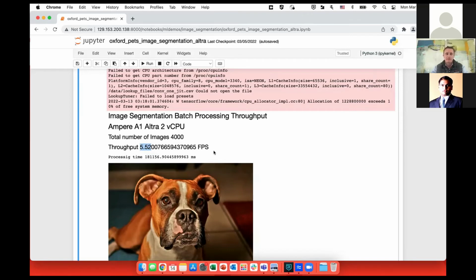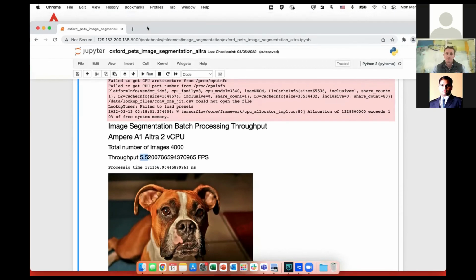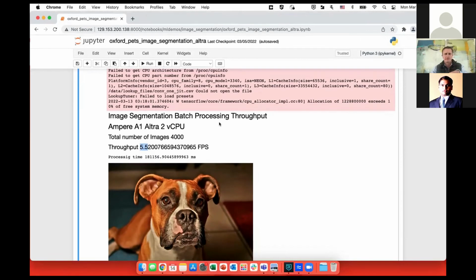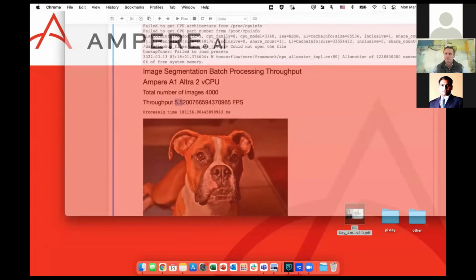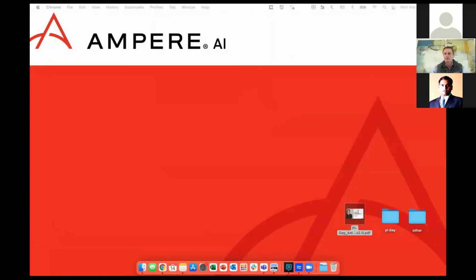Is 5.5 a lot? Is it not a lot? It's hard to compare that to anything. But where we can compare this is the actual total running cost of this workload. And again, all these workloads are available in GitHub, so you can go and try them yourself. So let me show you how this compares to